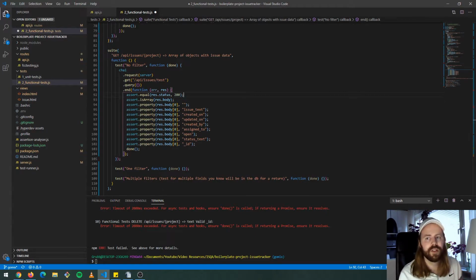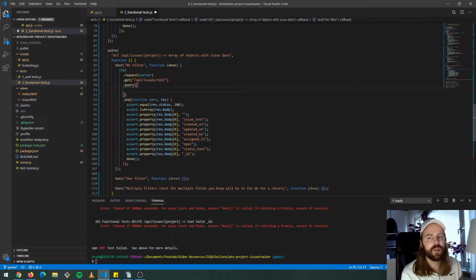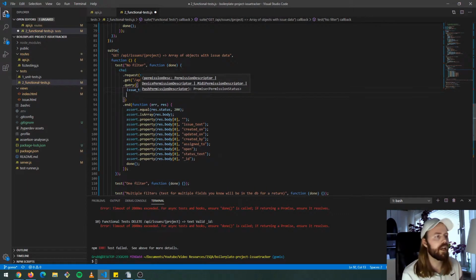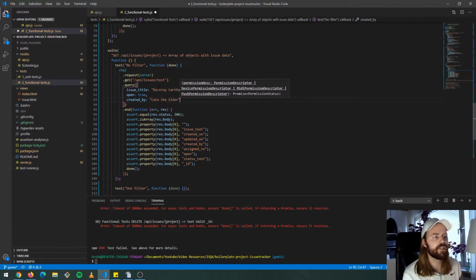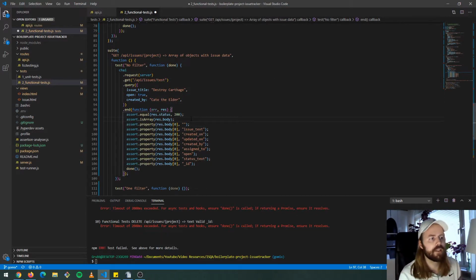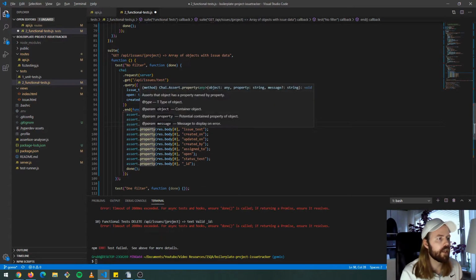Is what I say. So we'll do a query here. So we'll query for issue title, which is destroy cartridge, and we'll have open is true, and we'll also have created by Cato the Elder. And then in here we'll have assert. Now they have a lot of assert property. I'm not actually using that. So we'll do,